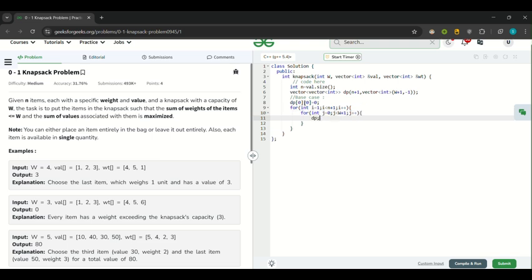In dp of I of j, first thing I told you is that I can just replace this value with my previous row's j value. So I can write dp of I comma j is equal to dp of I minus 1 comma j,